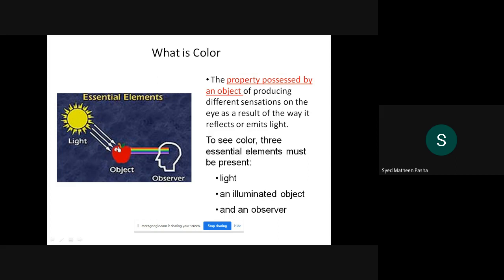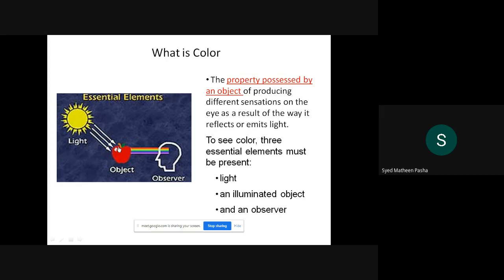For example, if I take the RGB color model, it is a unit cube. I can tell it is a 3D coordinate system where all the colors are included, that is, RGB colors are included in that particular cube. There are some properties regarding this color model as well. The color model basically allows us to give some specifications of color so that you have some range with respect to that particular model.